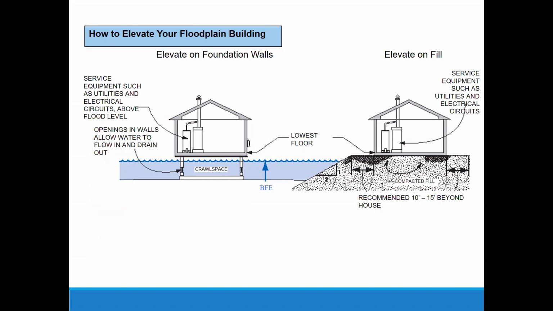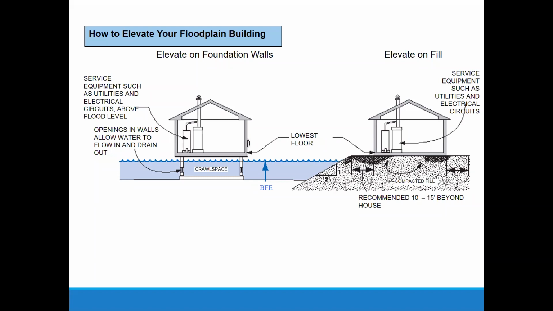Buildings elevated on a crawl space are common in cities, because if you try to elevate on fill in a city where the houses are 30 feet apart, the guy next door is going to say you're just pushing water off onto him. If you elevate on a crawl space, the water is going to be stored underneath because it's going to enter through flood vents. It stays inside the crawl space until the flood water recedes and then it drains back out again. You're not pushing water off onto anybody else. They'll think you will, but you're not, and you can prove it.